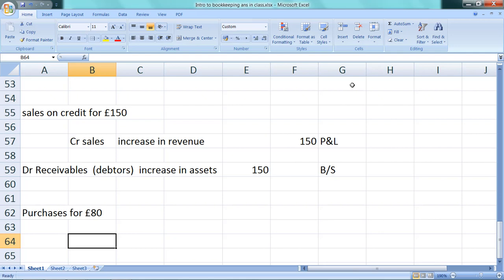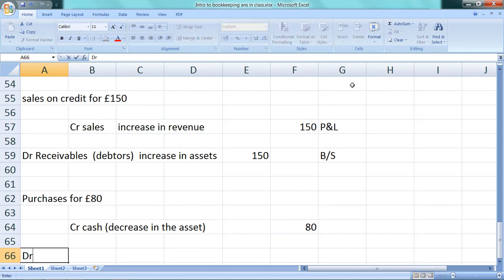So what I need to show here, according to my debit and credit structure up here, if cash is going to go down, I need to show a credit on my cash account to show that cash as an asset is now going to decrease. Does that make sense? So cash as an asset decreases, so I'm going to credit cash. So credit cash shows the decrease in the asset to the tune of £80.